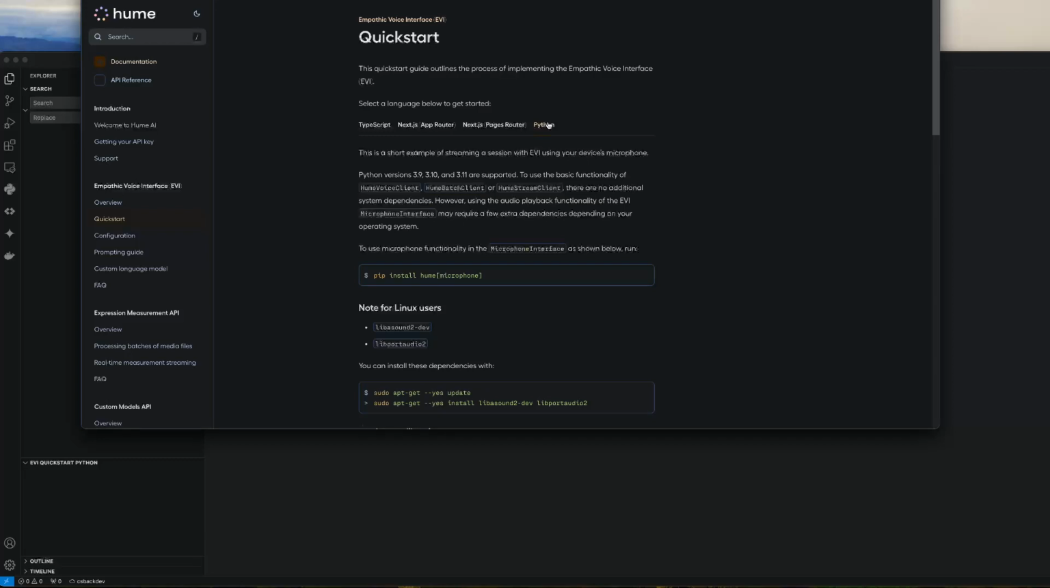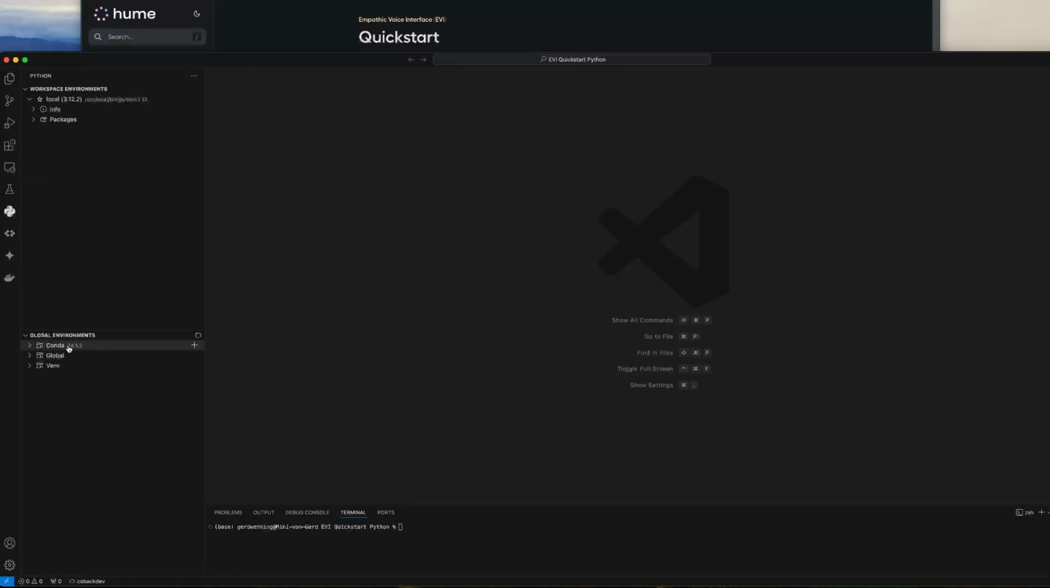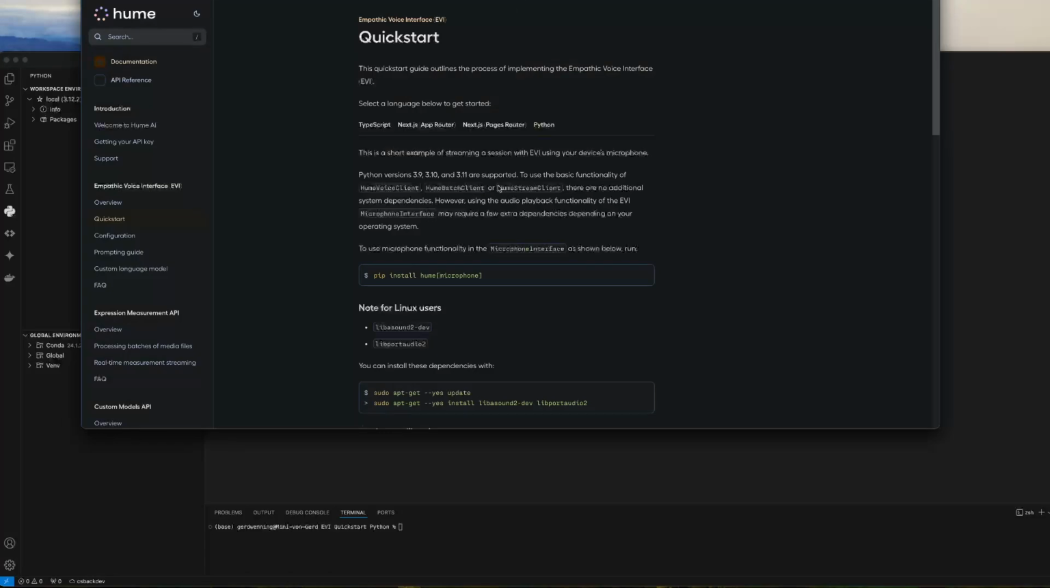So to start, you need some kind of code platform, and in it you need a terminal. I use Xcode, and as you can see, this here is in Python the environment is a conda environment, not a venv. And what we need to do first, that's not written here. They start off with pip install hume microphone, but we have to create a conda environment